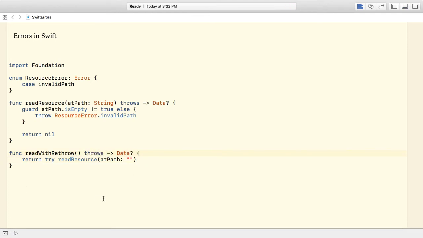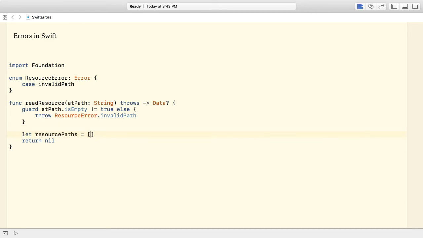Normally, you should care about thrown errors. You might want to inform the caller about the issue. Or you could try to automatically solve the problem. For example, by retrying the failed operation if it makes sense. Or by prompting the user to re-enter his credentials. You get the idea. Now, let's go back to the readResource function.